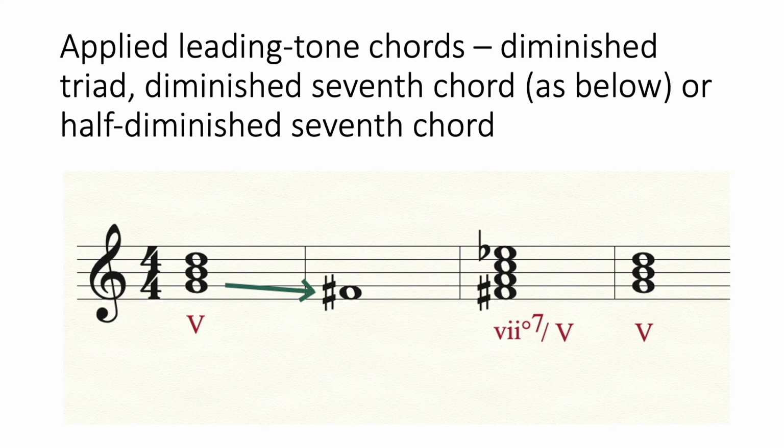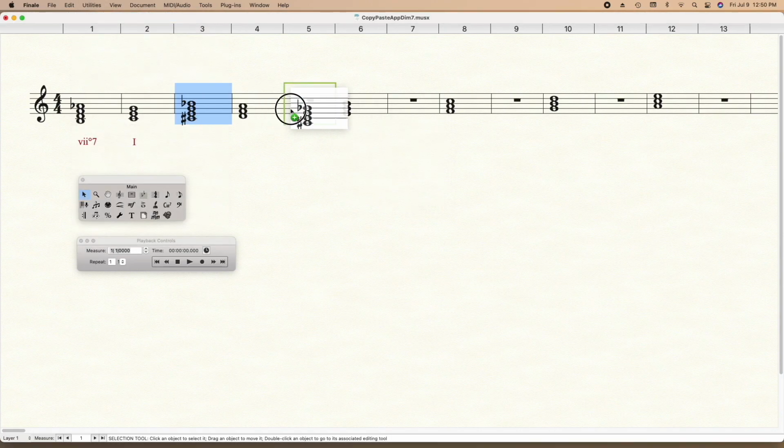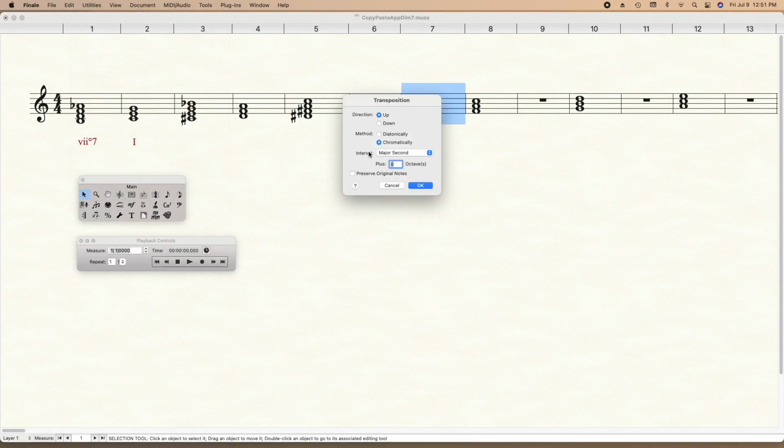If we build a diminished triad or diminished 7th chord or half diminished 7th chord on that tone, which is a semitone below the root of our target chord, we'll create an applied leading tone chord which can resolve. In this case, we have the applied leading tone chord resolving to the dominant chord in C major. We're using copy and paste and transposition to create all the applied leading tone chords, and the result is